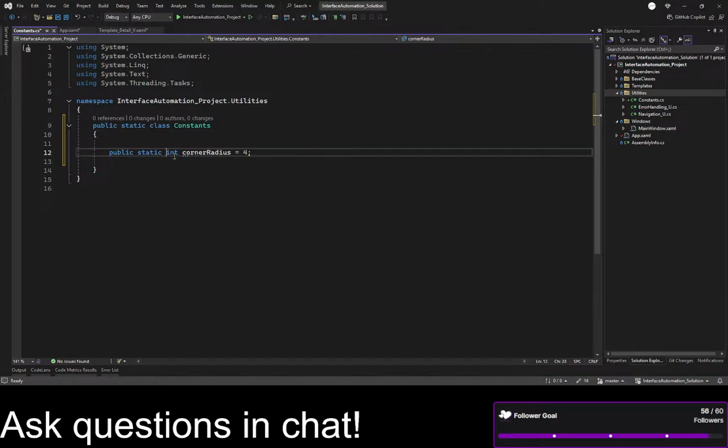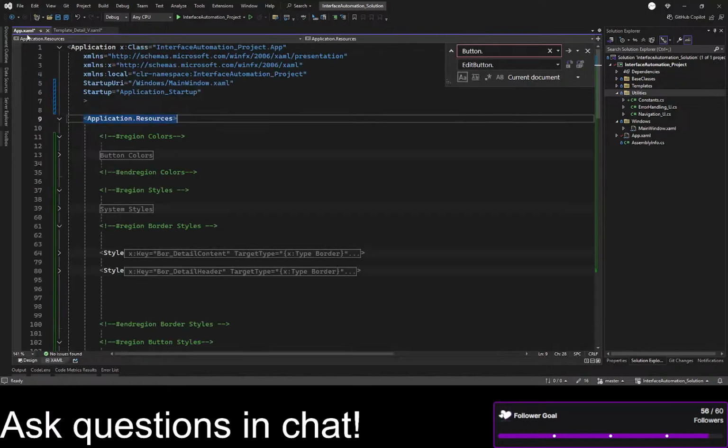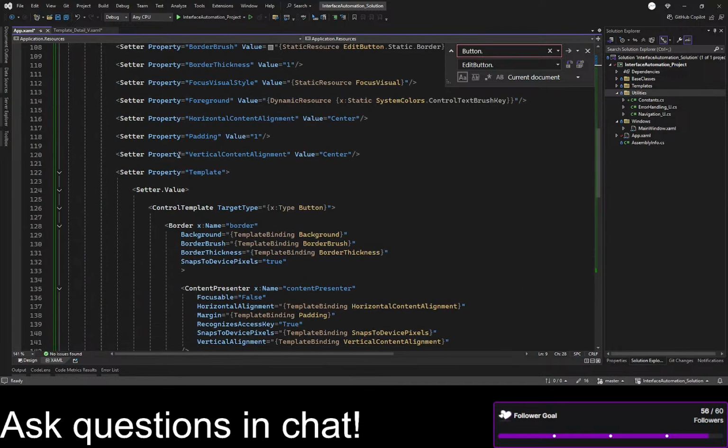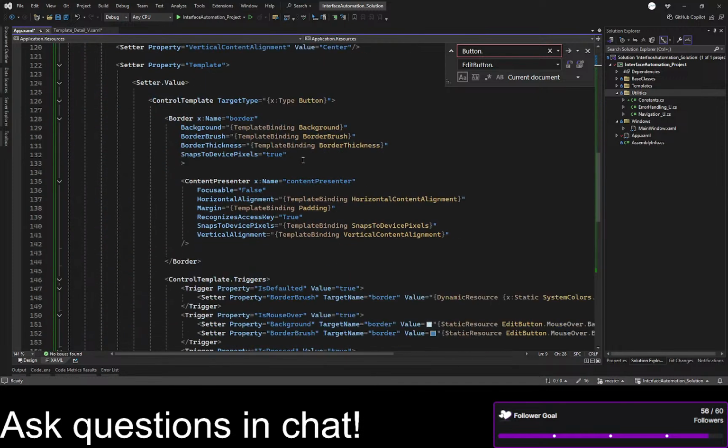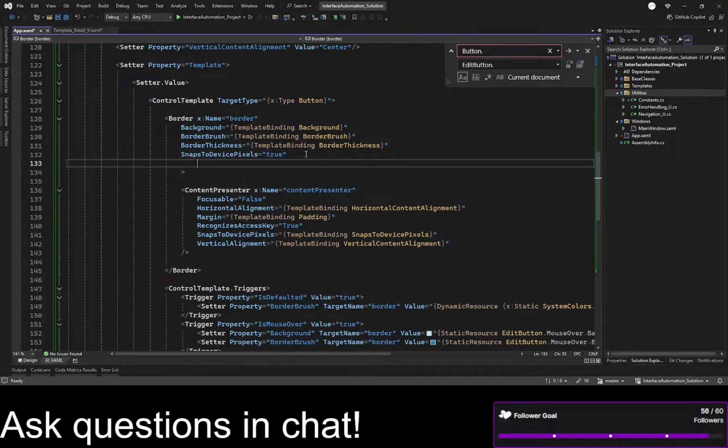So static read only. Okay. Save. So if we wanted to make sure everything had the same corner radius, all of the borders and whatever, like this one,